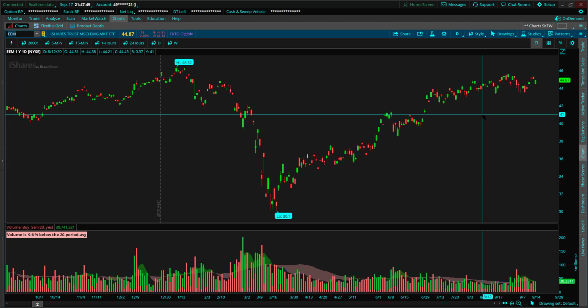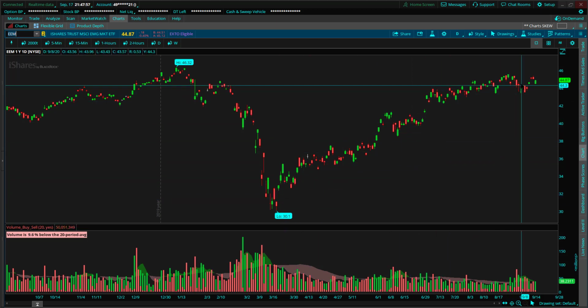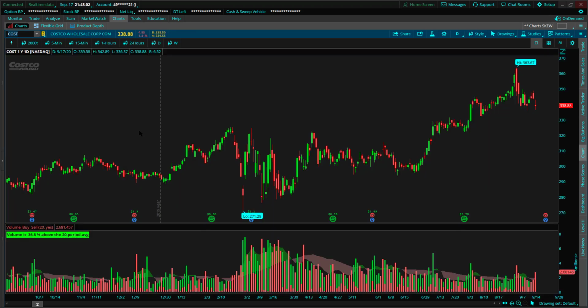There's nothing wrong with it, but there ain't a lot of money in it. So you better load the boat with as many of those trades as you can get and still be focused on something that looks like this and not something that looks like this. Okay? So if you're going to run mechanical trading strategies, the first thing you're going to want to do is